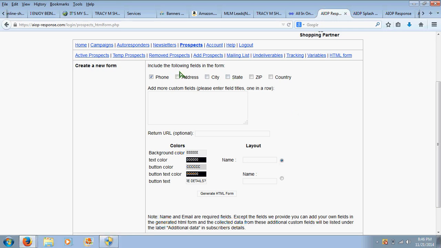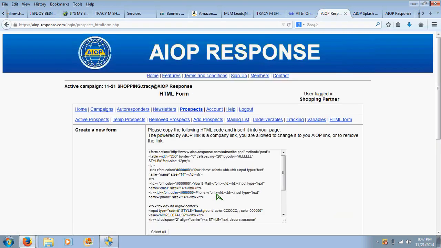Yes. Okay. What do you put on return URL, Tracy? It's actually optional. If you want to use a website right there, you can. It's kind of up to you, but you would just put whatever website you want them to go to. Okay, and then you would click generate HTML,